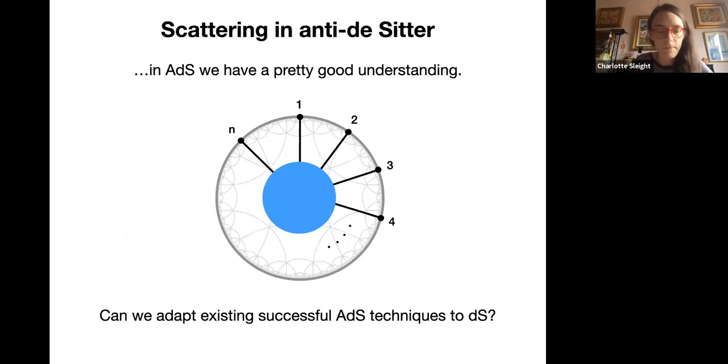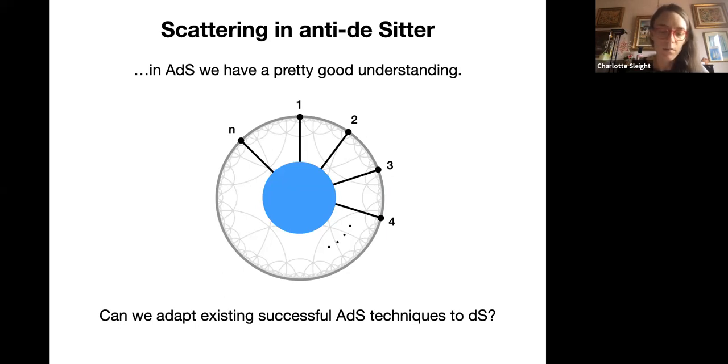So in a similar way, it's worth noting that many of the goals of this cosmological collider physics program are in some way shared by those in the parallel program in anti-de Sitter space. So in AdS, we have a pretty good understanding of the structure of boundary correlators, not only at tree level, but also beyond. And in AdS, we have a bit of an edge compared to flat space because we can make use of the AdS/CFT correspondence, where in particular, all of our questions and confusions about observables in asymptotically